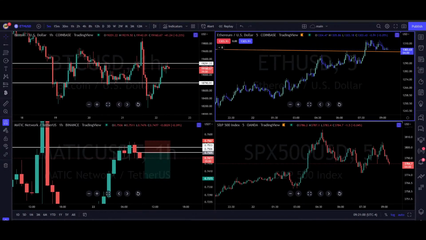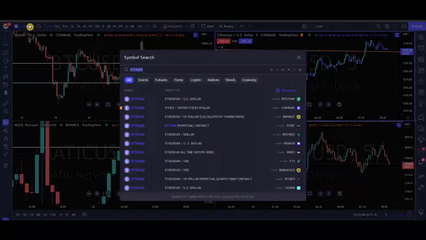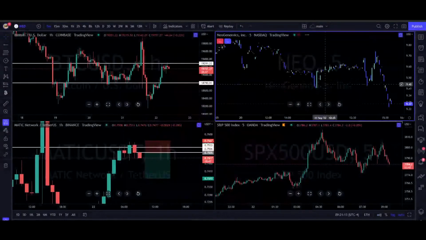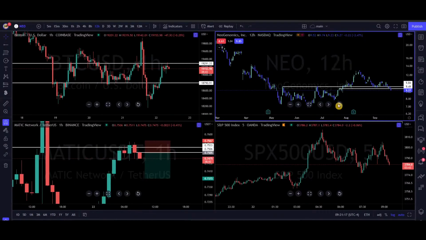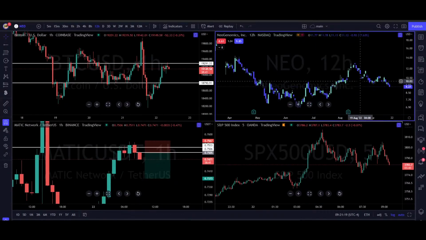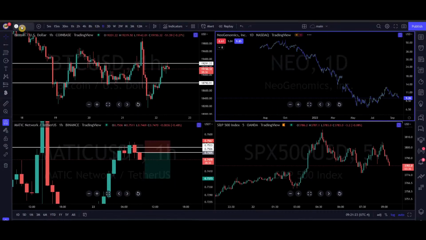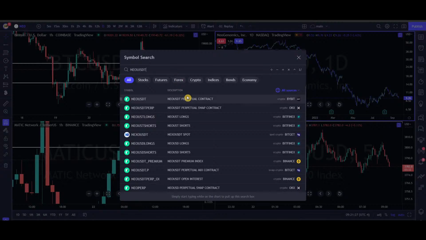It can give you an idea, though. It can definitely give you a bias. What about Neo? Let's go look at it over here. Are you asking about the car manufacturer, or are you asking about the crypto? The car manufacturer looks pretty bad. You're probably not talking about that. You're probably talking about this.